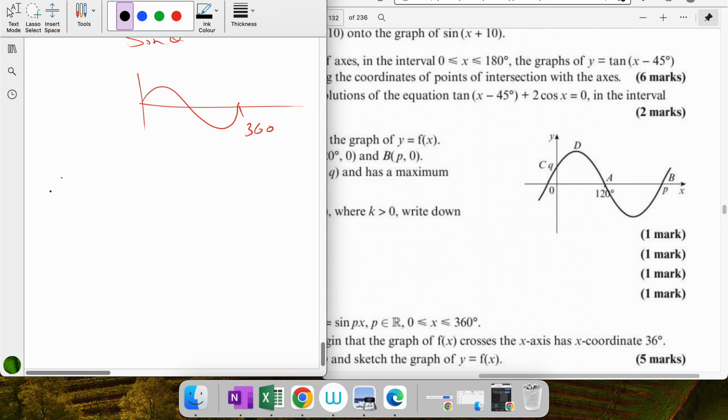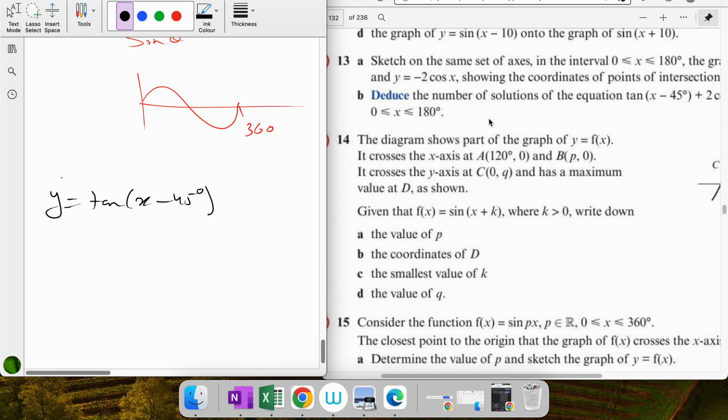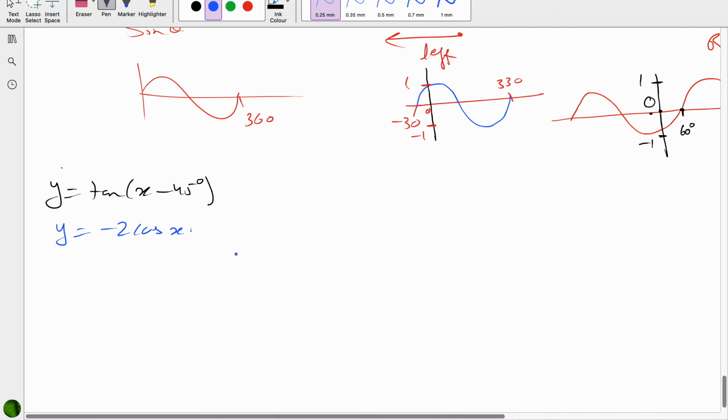So first is y is equals to tan x minus 45, and the other is y is equals to minus 2 cos x. So if we have to draw this on the same grid, okay, so first vertical line, second vertical line,